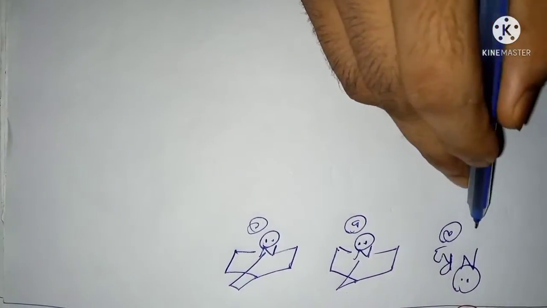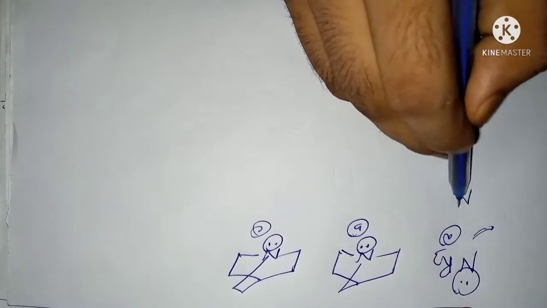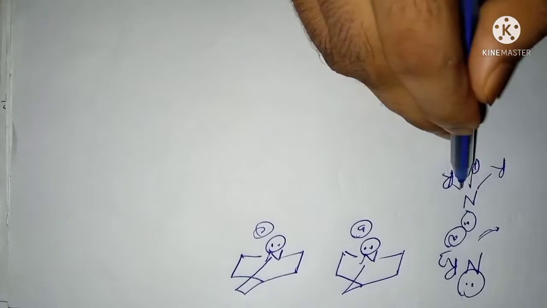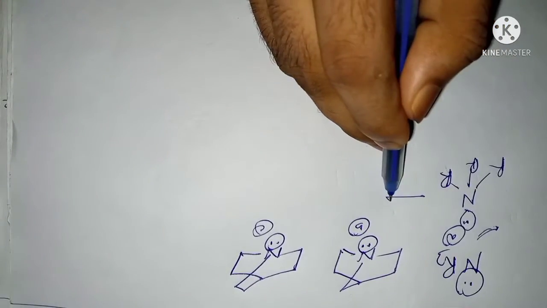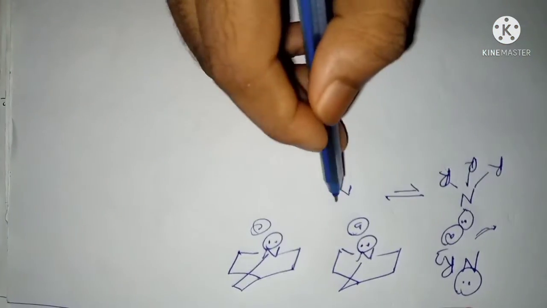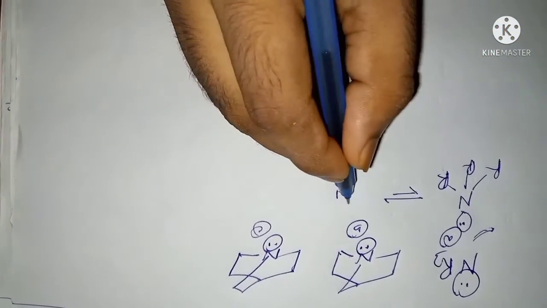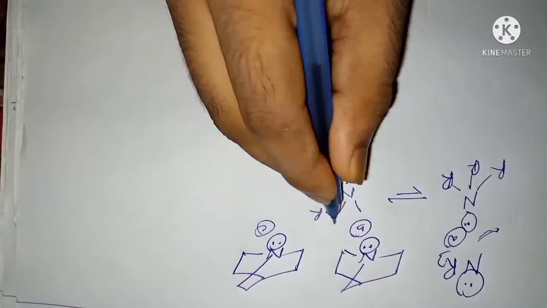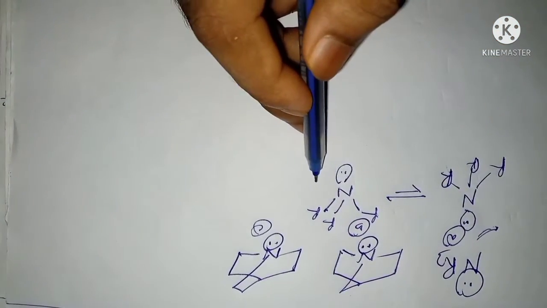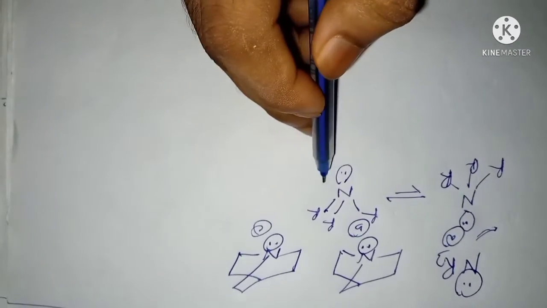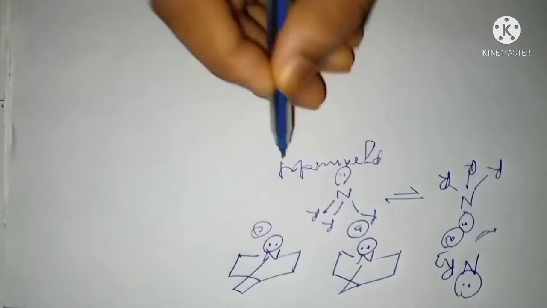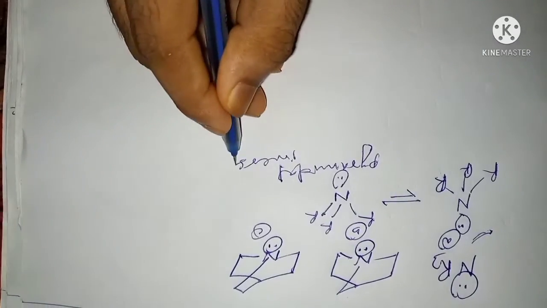First remember this thing: in an open structure, N with R, R, R alkyl groups has a lone pair, and this lone pair is not available because of what is called pyramidal inversion. This is a pyramidal structure, and after the lone pair, this is pyramidal inversion. So the lone pair is not available for donation, so this is least basic. This is called pyramidal inversion in an open structure.